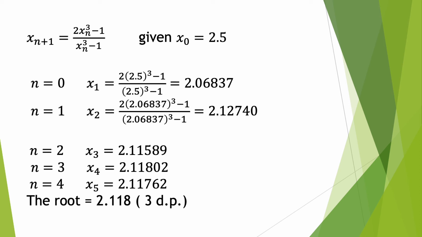The last part of the solution, we want to find the approximation for a root by using the iteration formula x_{n+1} = (2x_n^3 - 1)/(x_n^3 - 1), given that the initial value of x = 2.5. So we do the calculation. So when n = 0, we have x_1 equals, then we substitute x = 2.5 into the formula. Then we have the answer